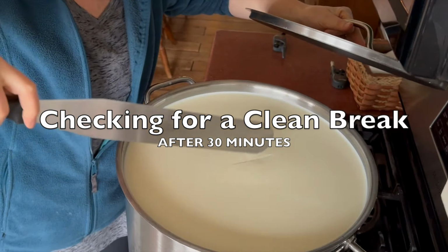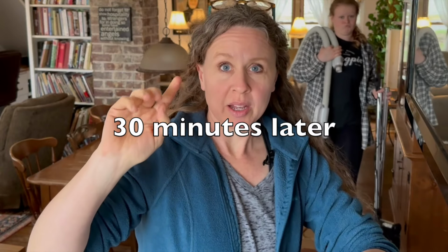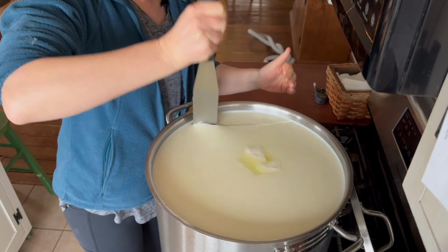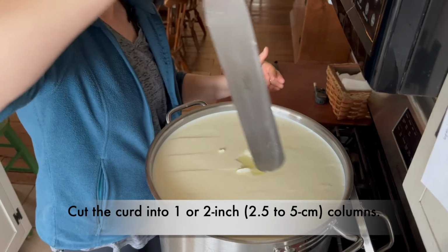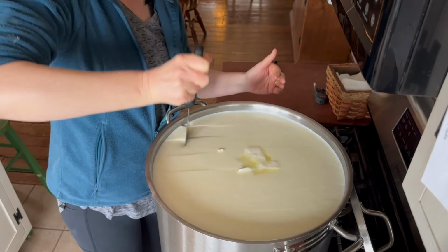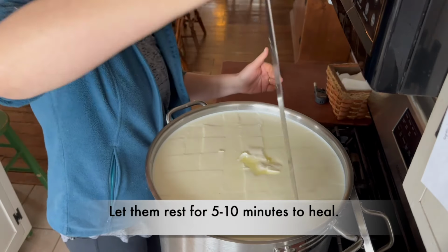It's set, but it could use longer. I'm going to give it another 20 minutes. It's been actually an extra half hour because my daughter was vacuuming. Plus a little bit more acidifying in the pot is just fine. All recipes call for cutting the curds. Some cut them like at 1/2 inch, some cut them 3 inches. Whatever you do, cut the curds. I'm going to just do that first in some larger columns. And I'm going to let this rest for about 10 minutes to let the curds heal before we start with